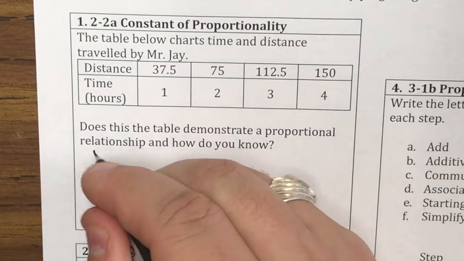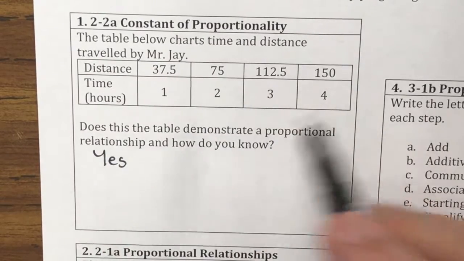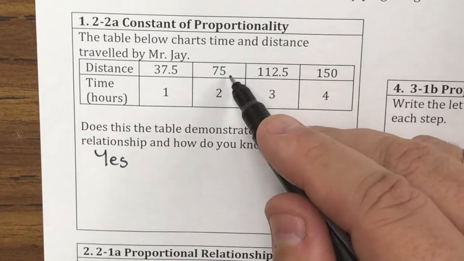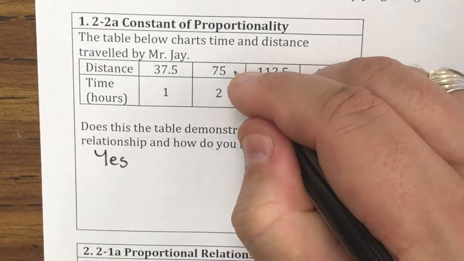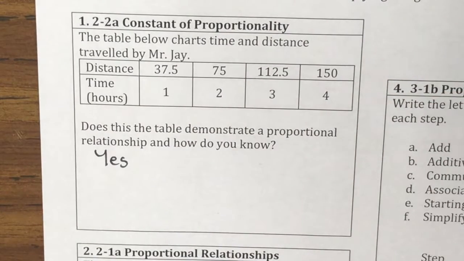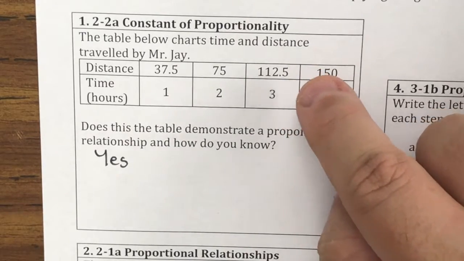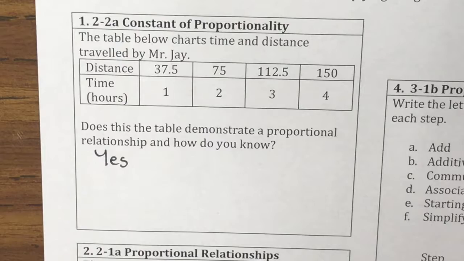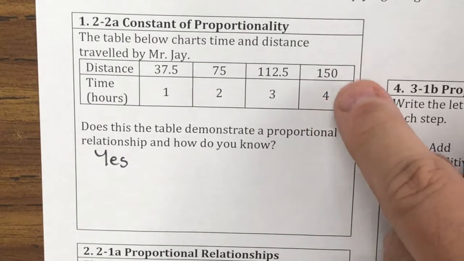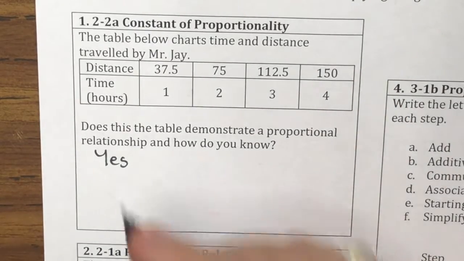The answer is yes, it does. Because 2 divided by 2 is 1, and 75 divided by 2 is 37.5. And this one is 3 divided by 3 is 1, and 3 into 112.5 is 37.5. And 4 divided by 4 is 1, and 150 divided by 4 is 37.5. So